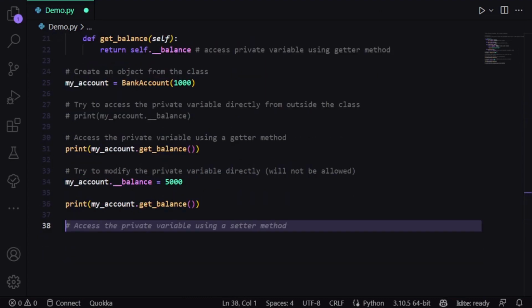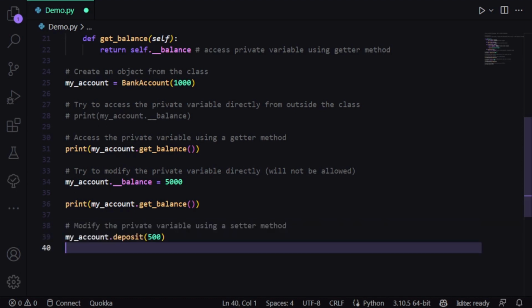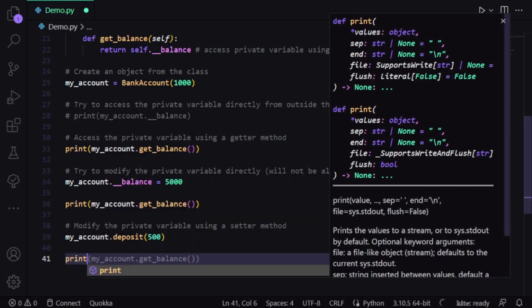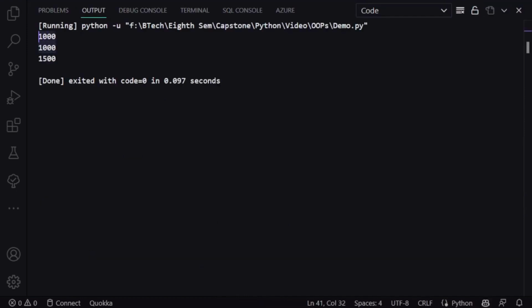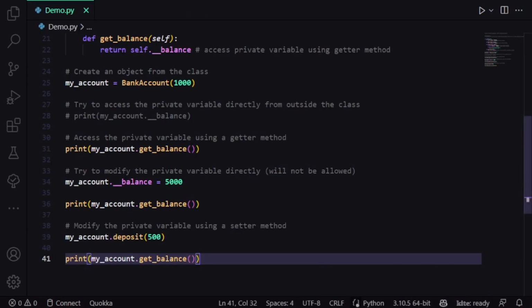Now we need to try to modify the private variable using a setter method. We try to access the private variable using the getter method and modify it using the setter method, right? Now we need to print my_account.get_balance. It is modified, right? It is modified by 500. It deposited,